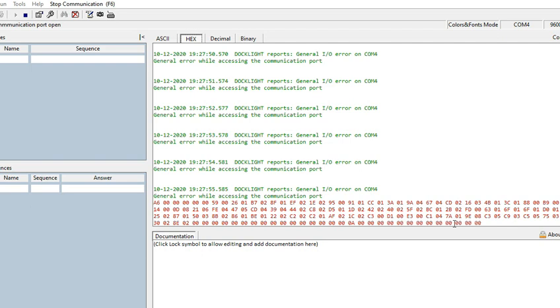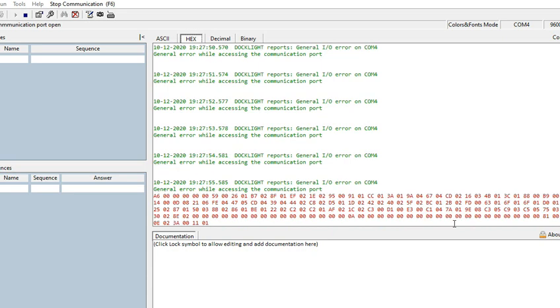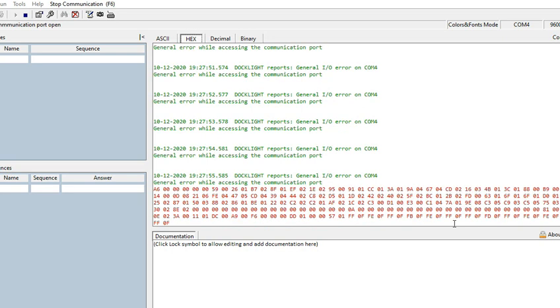And now next what we are trying to do is take a 3.3 volt and connect this to the microcontroller. So you can see here we are reading F0F.